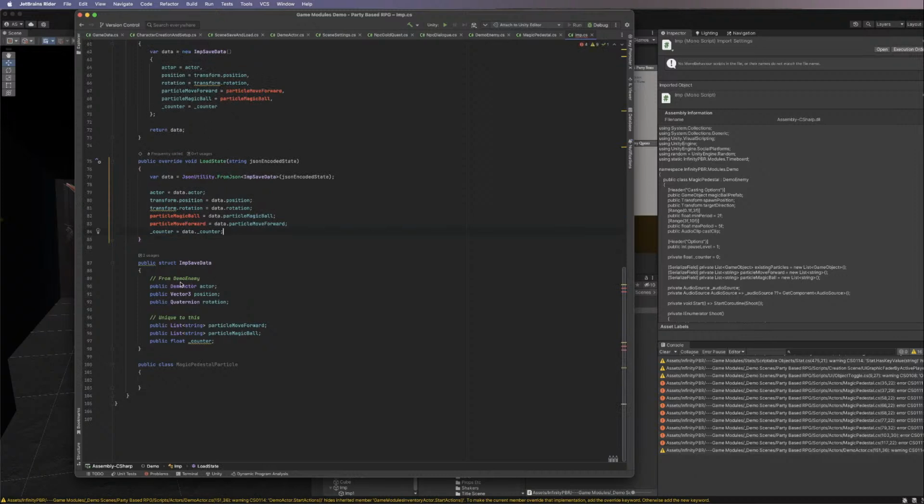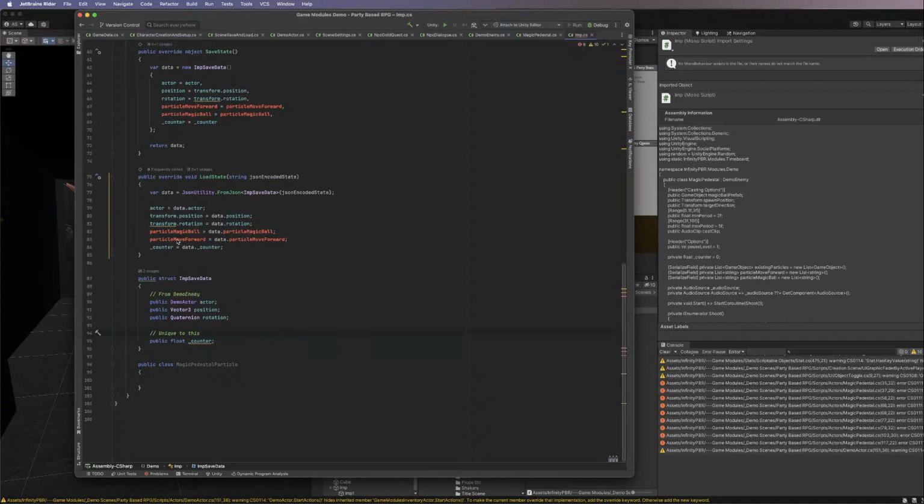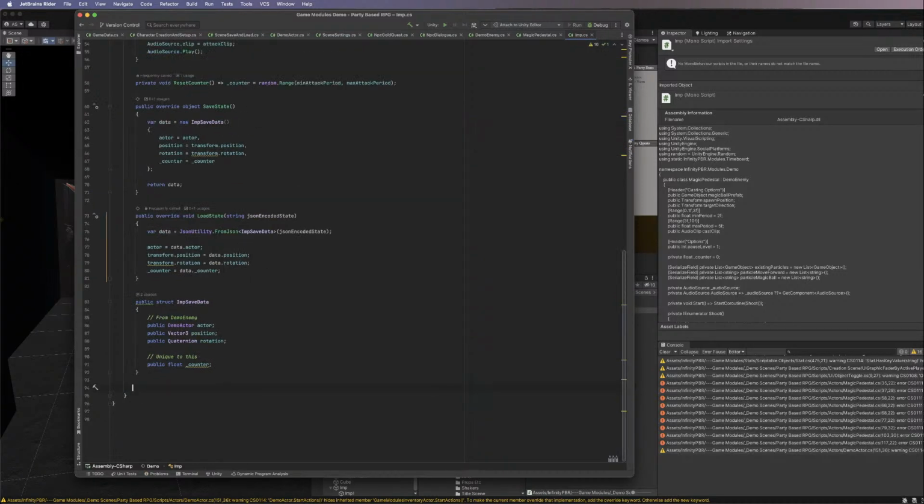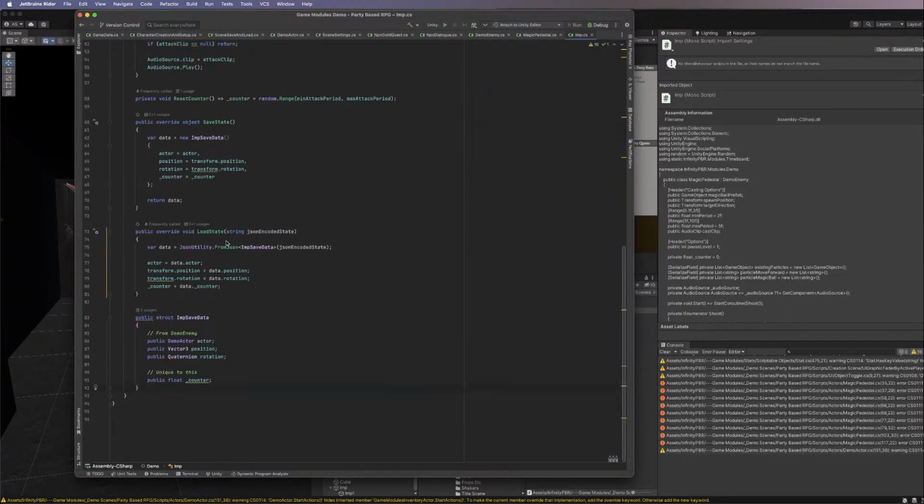So what do we need from the imp here? Let's see. Yep, we need to save our actor. That's all the data about the actor themselves, their position, their rotation. We do want to save counter. So let's just delete these from here. Delete these from here. Everything else should just work now. We don't need that. And the other thing we need to do is put a debug log here, because I'm going to have to add that layer. To do: